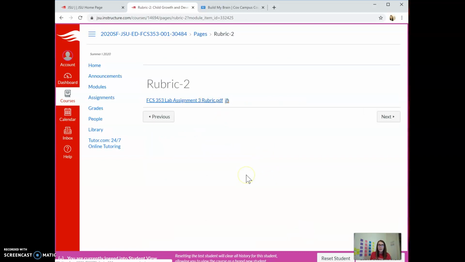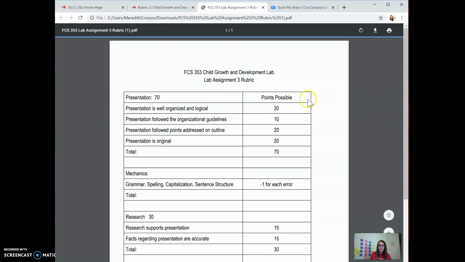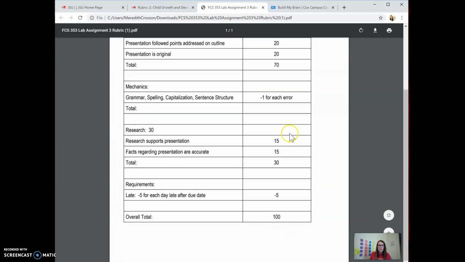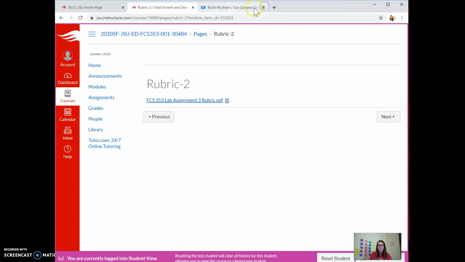Next, there is a rubric. So you can click on that. It will download and open. And there it is. So you can just see how you will be graded. All right, so I'm going to click off that and that one. All right, the last